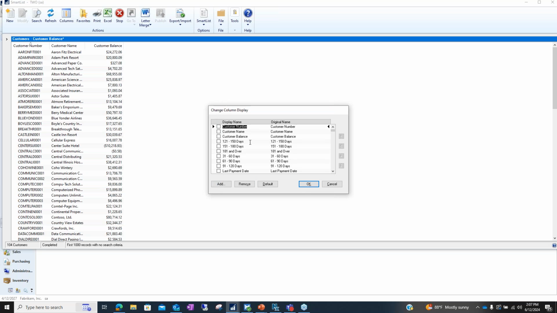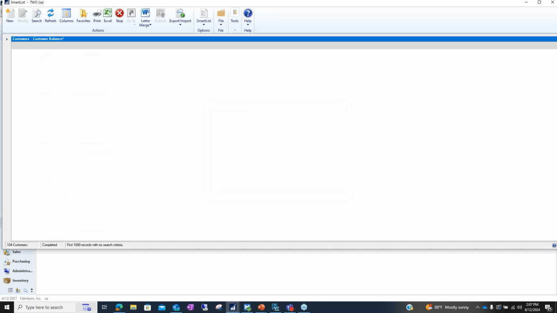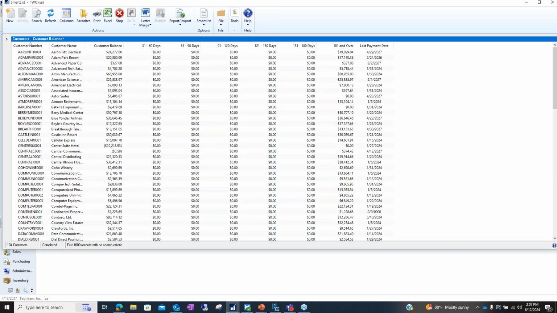Now, as you notice, the aging buckets are not in order. So to get them in order, you can check mark the boxes in front, and you can move those up or down. So we want to move those down to put the aging buckets in order. We can then hit OK. So you'll notice that the aging,